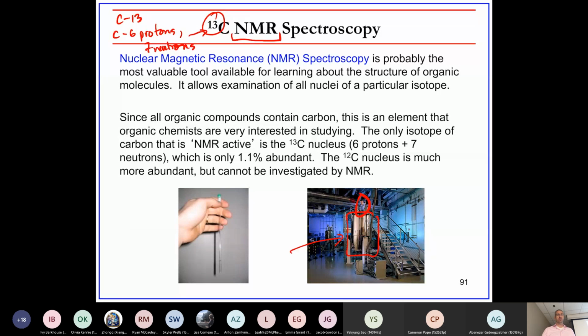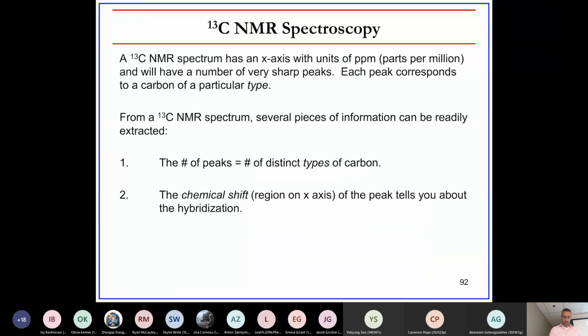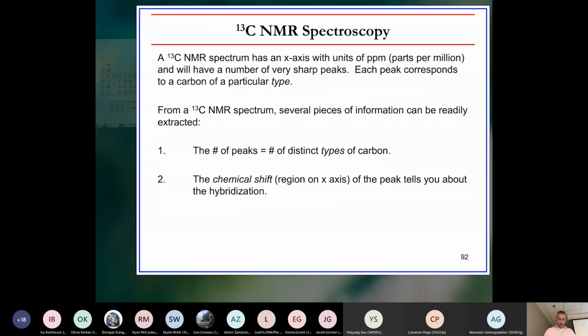Protons. So there's another kind of spectroscopy that you might learn if you do organic 2 called proton NMR spectroscopy, which looks at protons. And since they're all over the place in organic compounds too, then you see them as well. Okay, carbon-13 NMR spectrum basically gives you, I'm going to draw it here,